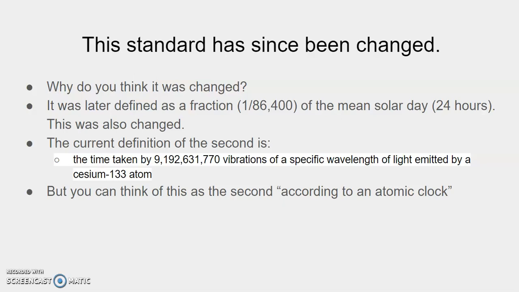The fact that the string is going to have a small amount of mass. The fact that the angle is going to make a small amount of difference. It's not huge, but it's measurable. So, the definition of the second became 1/86,400th of the mean solar day, that is the average solar day. That became changed to the current definition, which is